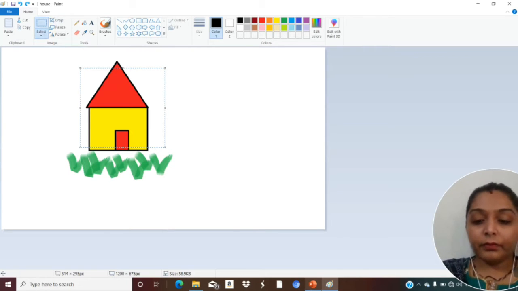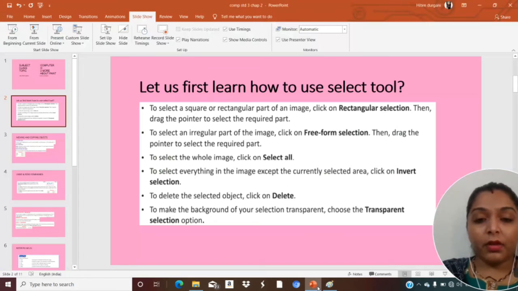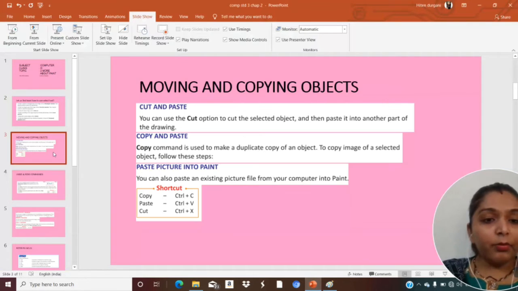Okay, moving on to the next. What is there in moving and copying objects? Here there are cut and paste, copy and paste, and paste picture into Paint. You can use the cut option to cut the selected object and then paste it to another part of the drawing. Cut is used to cut a